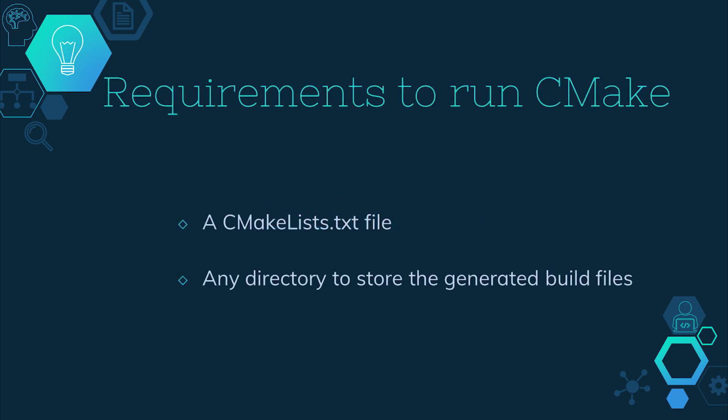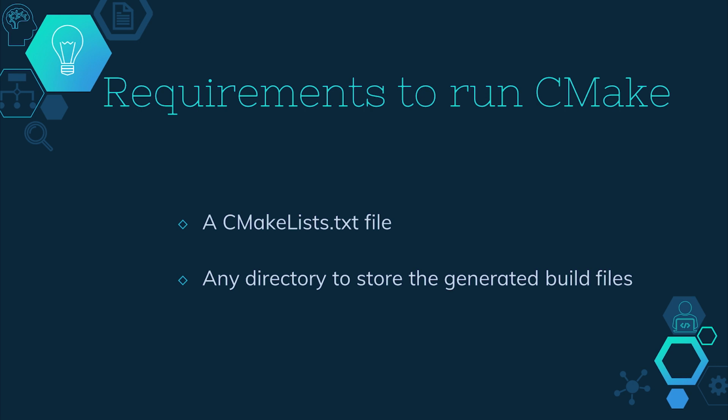In this lecture, we are going to see the basic setup required for using the CMake tool. When we are running the CMake command for the first time, it needs two information: the location of CMakeLists.txt file and the directory location to store the build system files. The CMake tool finds the CMakeLists.txt file, processes the information written inside it to generate the build system files in